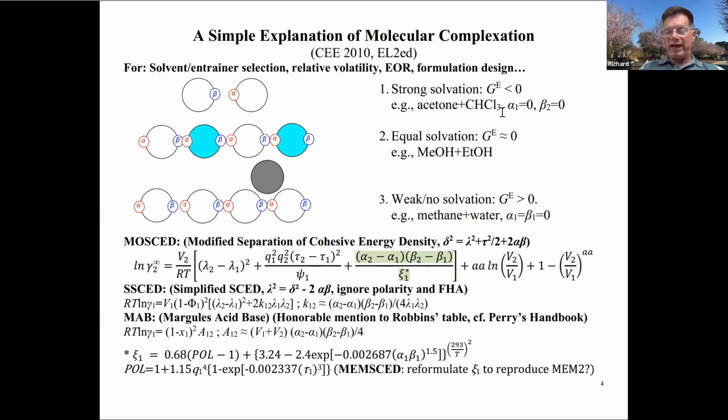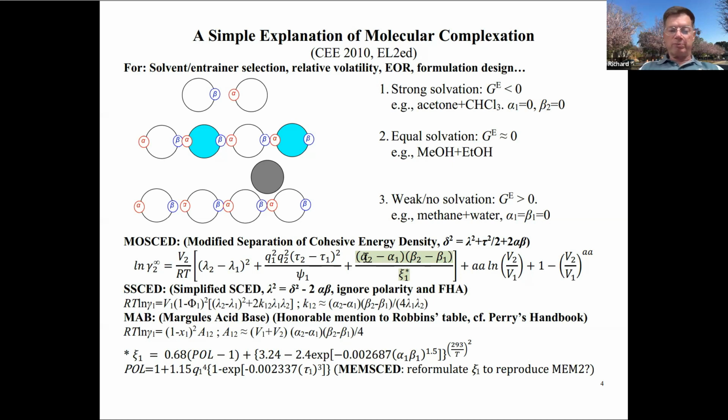When an acid gets together with a base, they bind. What MOSCED theory says, and I'm using the word theory generously here, is that if you have acetone, for example, which is a base, but its acidity is 0, and you combine that with chloroform, which has an acidity, but its basicity is 0, and you put that into this equation,